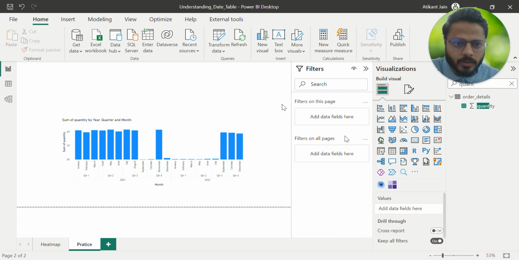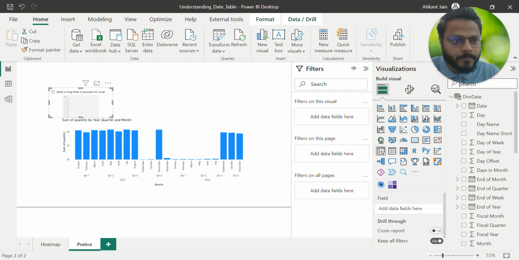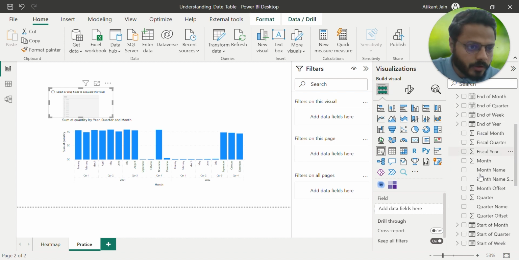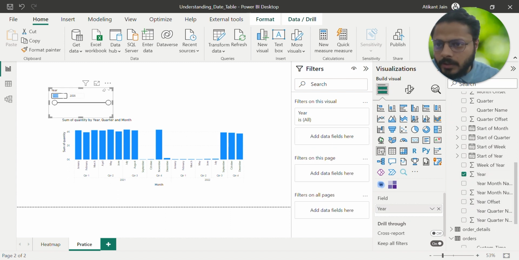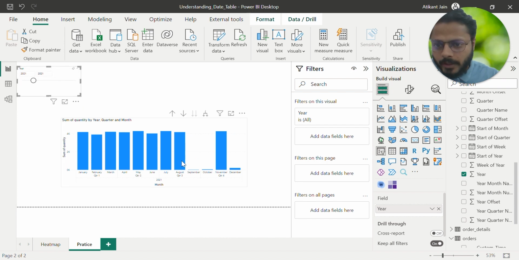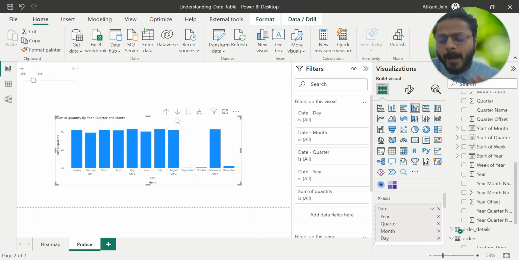Let me just filter for 1 year only. Let's take year 2021 only. So this data is only for 2021. I can see I have 4 quarters and 12 months. Now I want to sort this on the basis of my financial year starting from the month of April. Right now it is starting from January. So first of all, what I have to do is